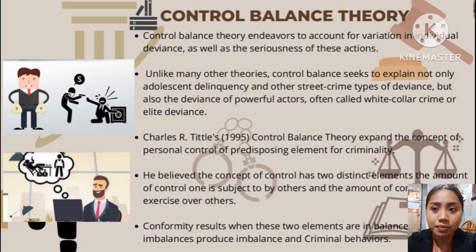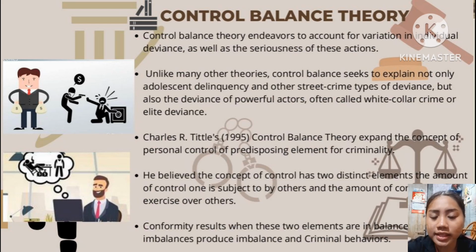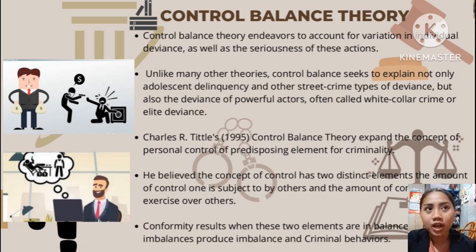So this theory explained how unbalanced control in one's life or individual can lead someone to take part in deviant behavior. It proposes that when they have too much control or when too much control is being exerted on them, they will typically choose deviance. It is typically used to explain what will happen when control in one's life is not balanced. When they are controlled more than they have control, they will act in a deviant way to try and gain